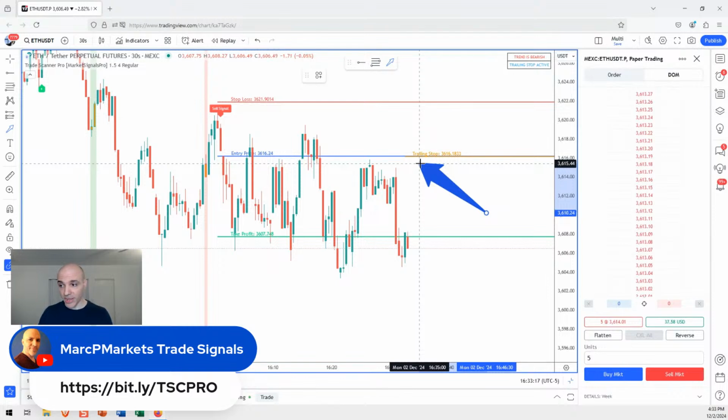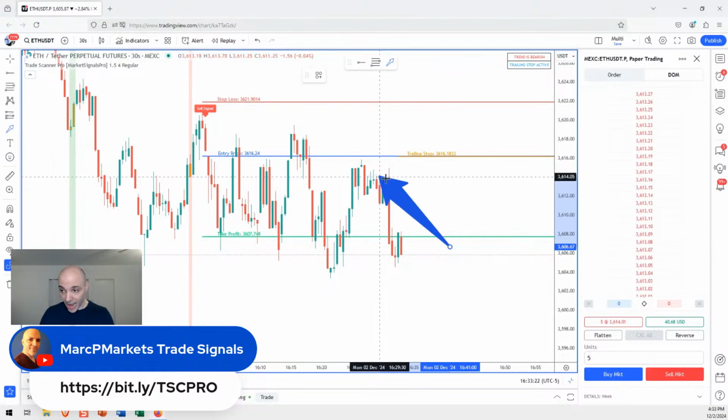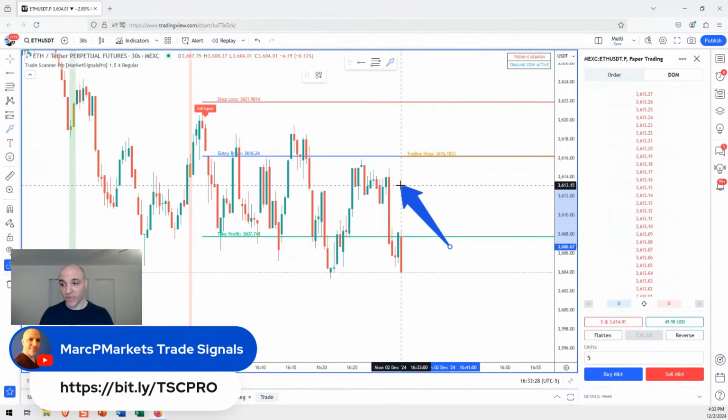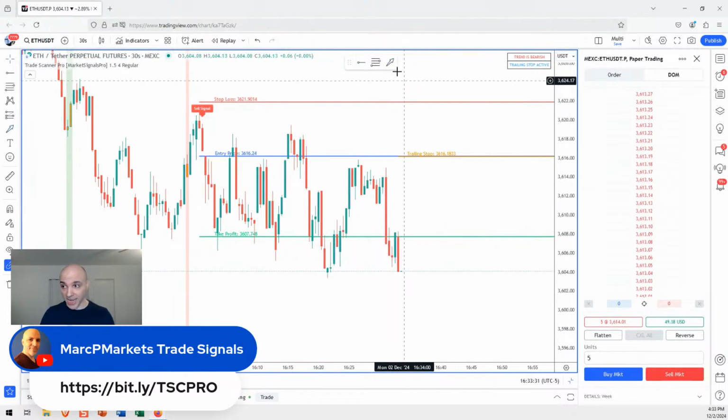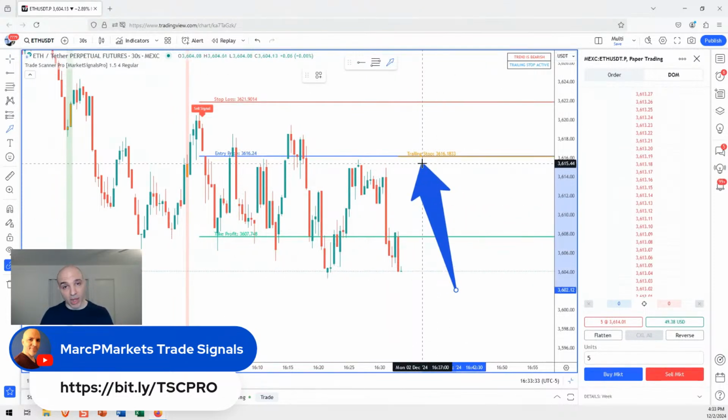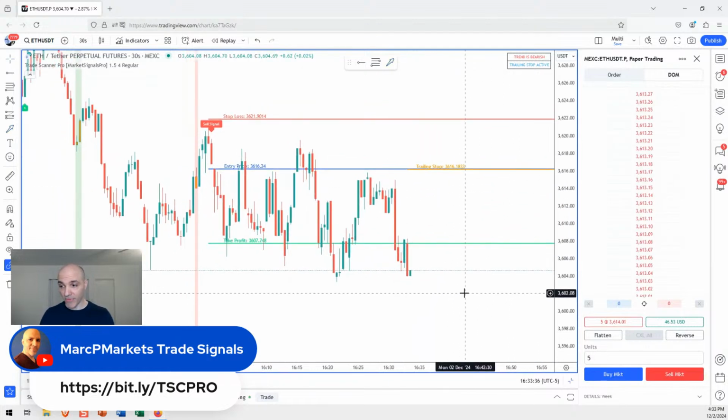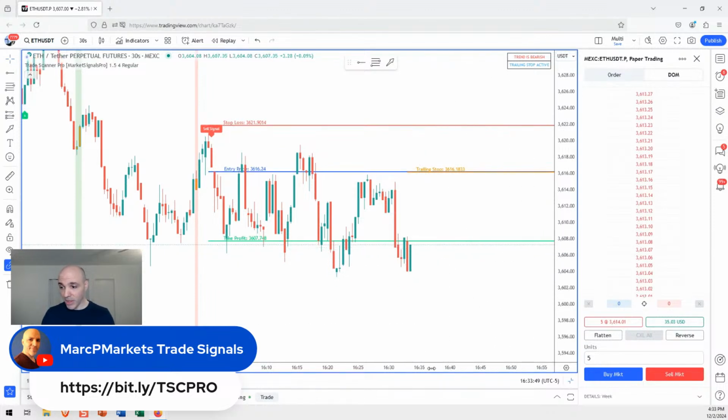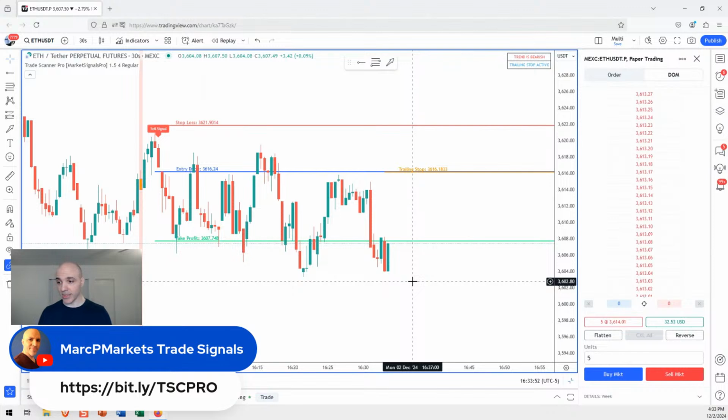It almost touched it. Now, if I was using my own judgment and I had no point of reference, I would have gotten out here, and I would not have been participating in this move. But I stayed in simply because the trailing stop was never touched, right? That is the magic of this, if there's any magic. It gives you a visual point of reference, and now it keeps me in the trade. Otherwise, I would have banged this thing out. We went back below the profit objective. I should be banging it out now, but I'm trying to see if this thing wants to break, right? I'm trying to give it that chance to break. It still refuses. It's very reluctant.